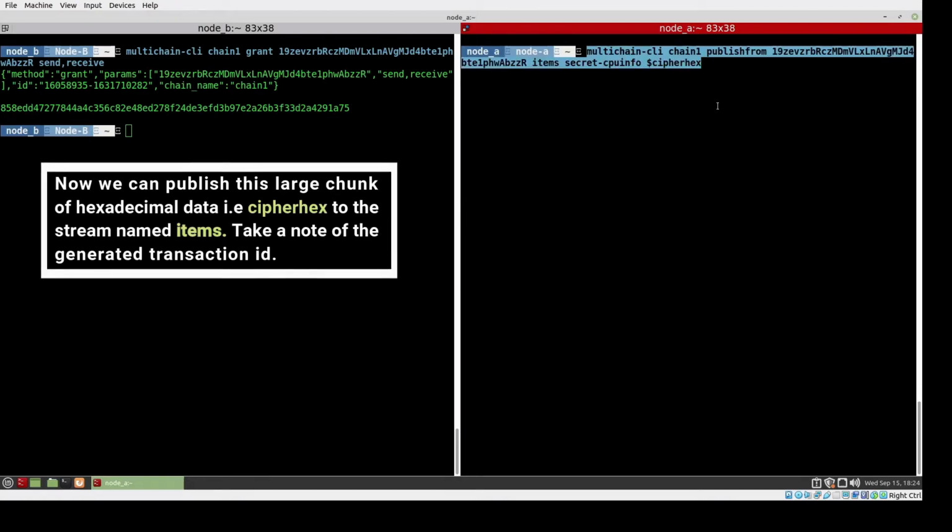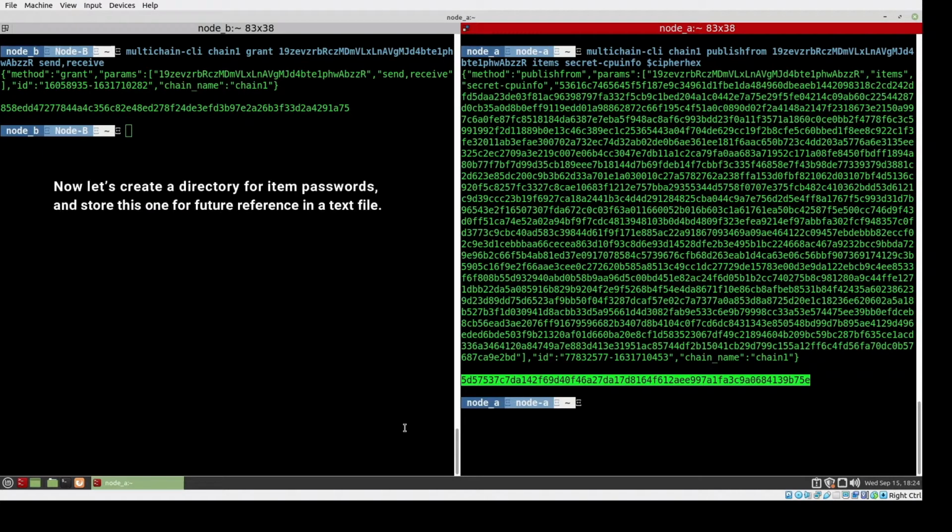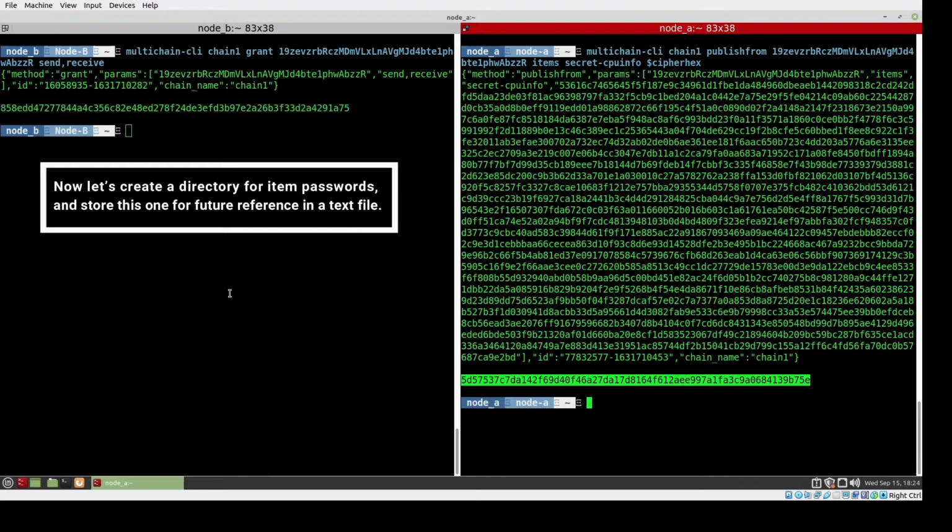Now we have to publish this large chunk of hexadecimal data, that cipher hex, on the stream items. After this I have got this transaction ID 5D57. Just note it, we'll use it later.